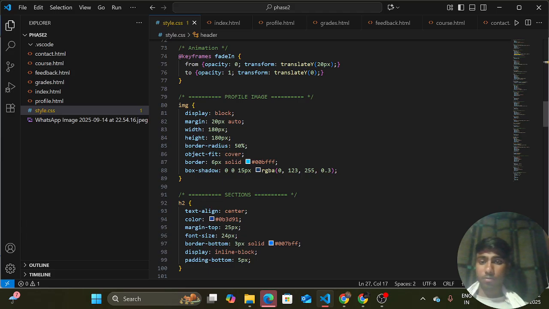We learn all things, but we don't know about object fit. So object fit cover keeps the image aspect ratio and fills the box, cropping excess parts, good for